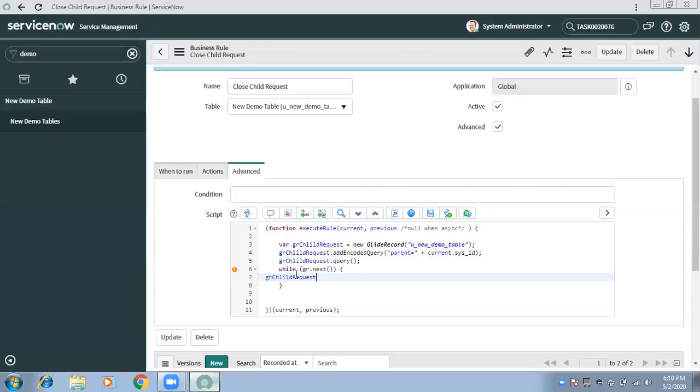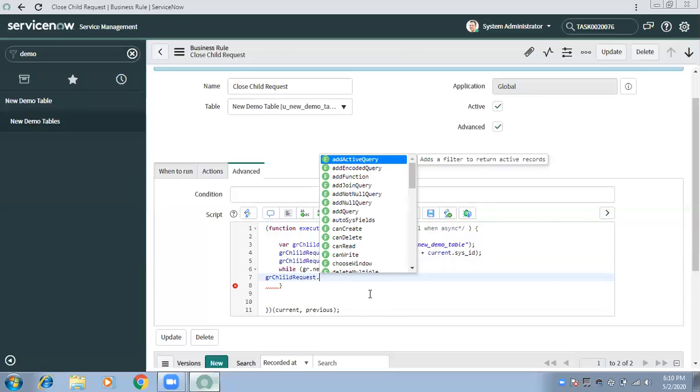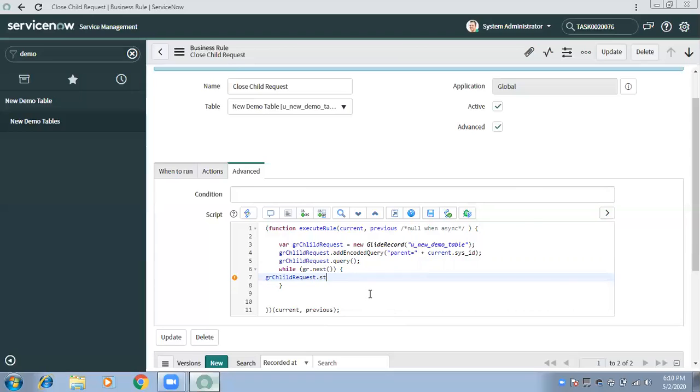Now what I will do is gr.request, because this is the object, and what I want to update for that state is equal to whatever the state of the parent is. And how can I get the parent things? Current.